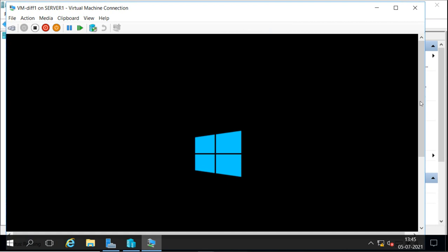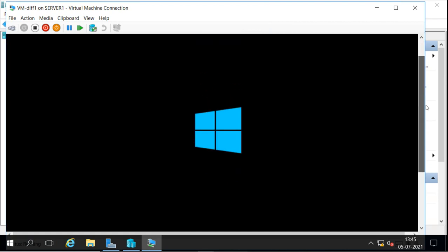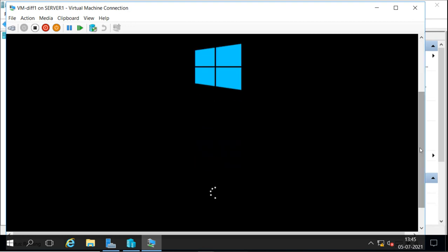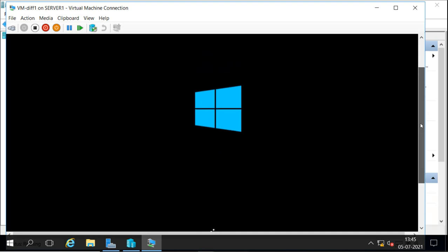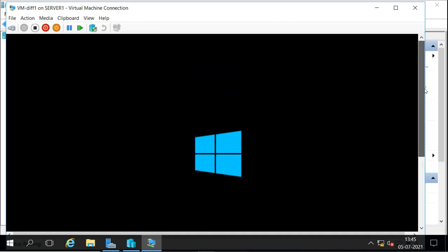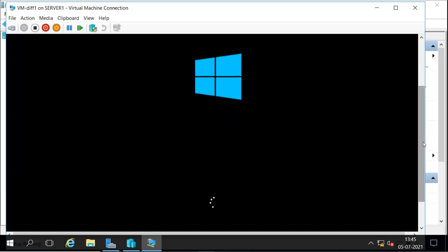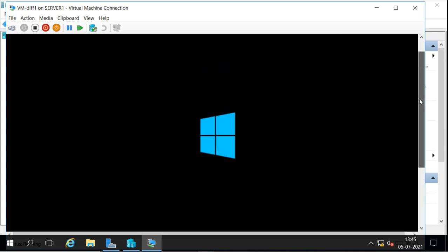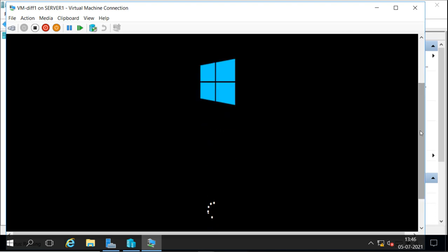And you see we have not installed anything, but it is ready. It is starting with the installation, and it is getting the installation from the parent disk, and it is going to boot into a core server, because in the template VHD we have installed the core version, so it is going to start as a core. So this is the benefit of using the differencing disk. Easy to deploy. We can deploy multiple virtual machines easily and quickly by using the parent-child relations.